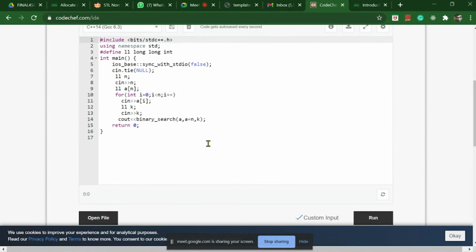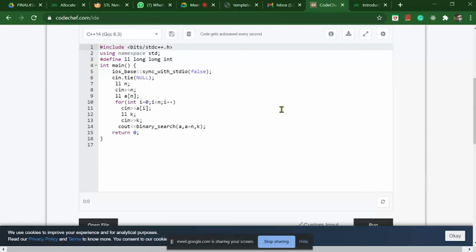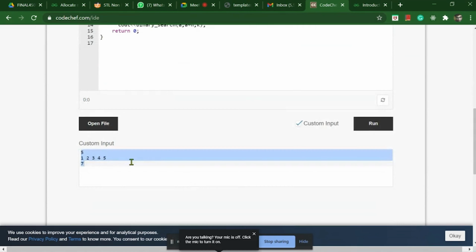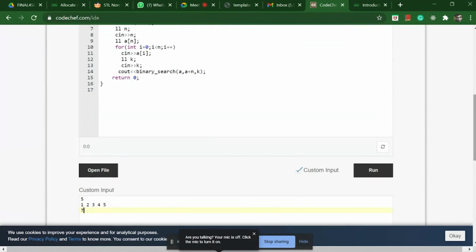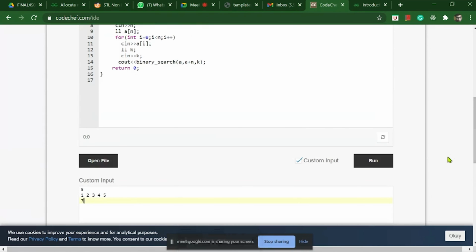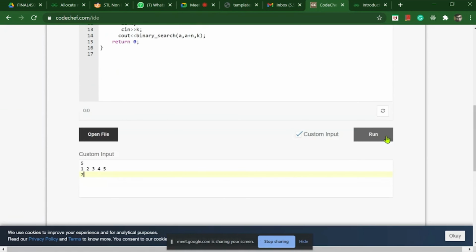Here I'm passing the starting position, which is a, and the end of my array, which is a plus n, and a key value which is k. So this is the data that I'm going to pass. Here you can see that I am passing a sorted array, as binary search works on a sorted array, which is generally in ascending order, or non-decreasing order, more precisely.